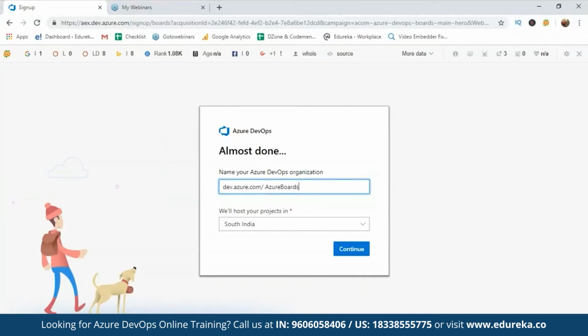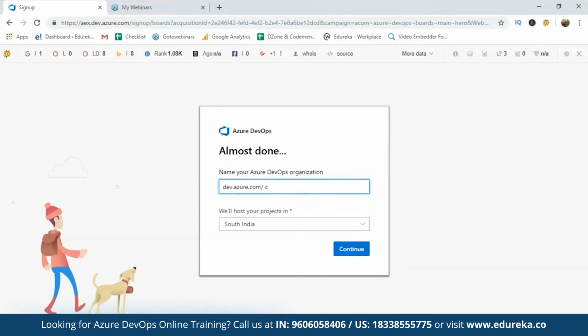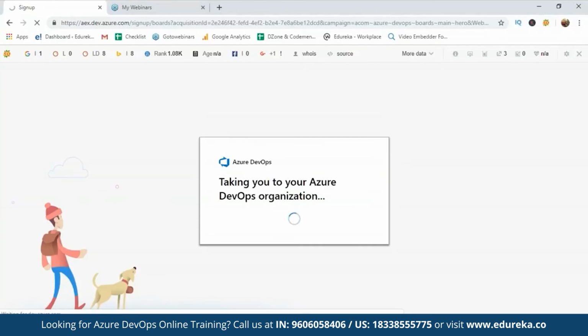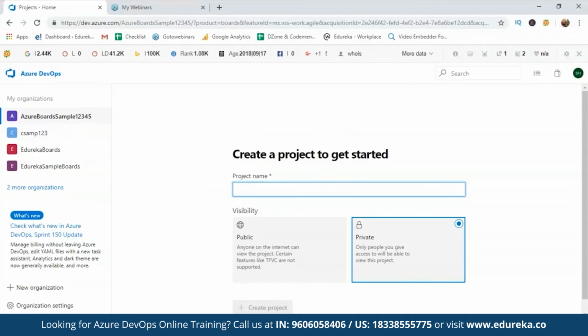Guys, I'm giving a random name because most of the names are taken. Azure Boards 1, 2, 3, 4, 5. Continue. Okay, I just backtracked accidentally. Let's say Azure Boards sample 1, 2, 3, 4, 5, and I say continue. So it creates an organization and redirects you there, and then it says to go ahead and create